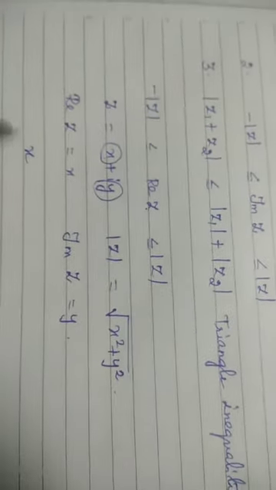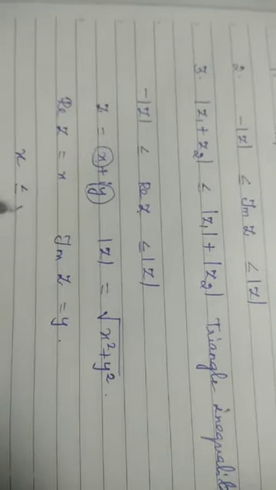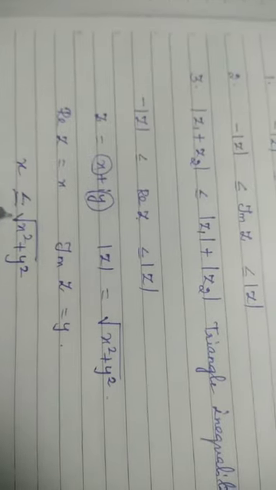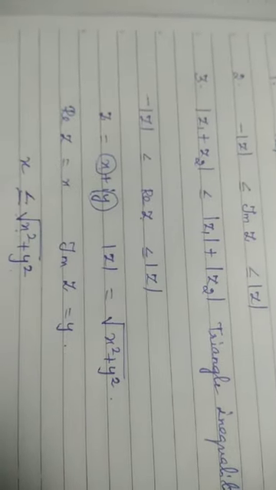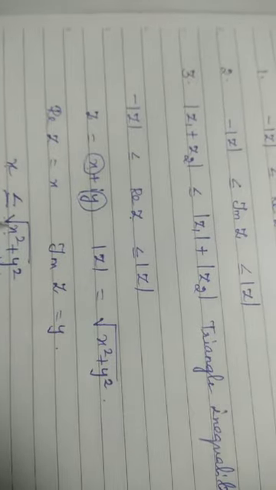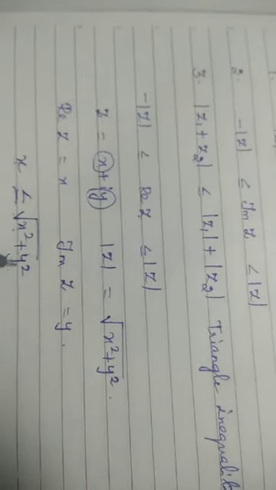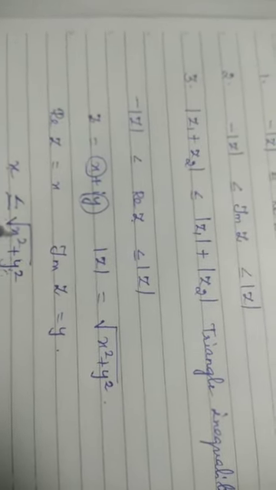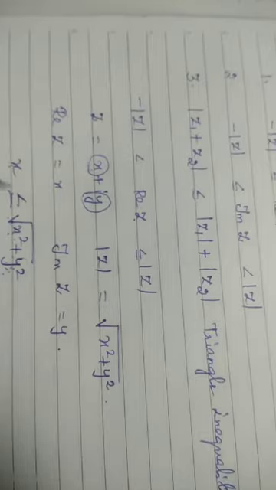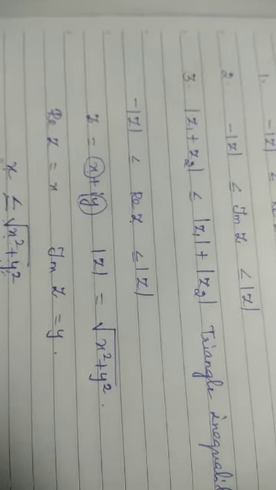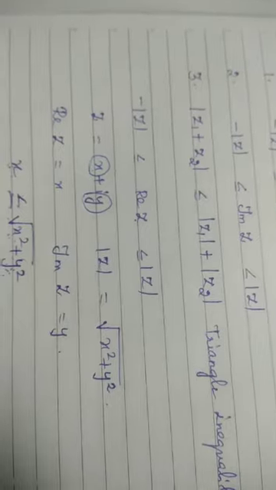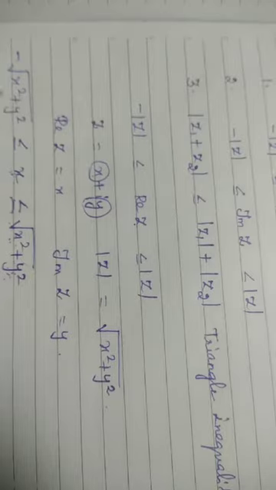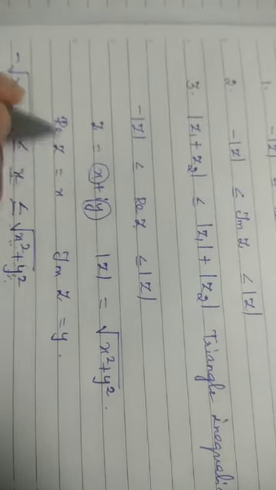So if you compare x with mod Z, that is root of x squared plus y squared, x is always less than or equal to root of x squared plus y squared. You can put 0 for x, you will get 0 plus some other value y. If y is also 0, you will get equal. If it is minus 1, you will get minus 1 the whole square. So that is also less than or equal to x. So x is also less than or equal to root of x squared plus y squared. Also the negative of root of x squared plus y squared is less than or equal to x. So what is this x? It is real part of Z.